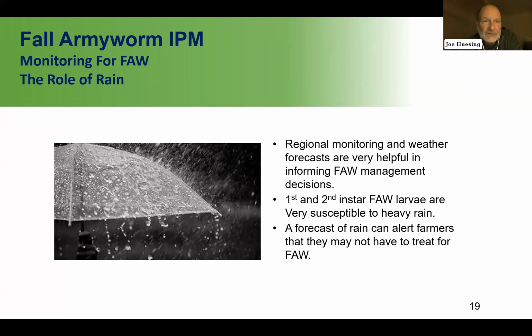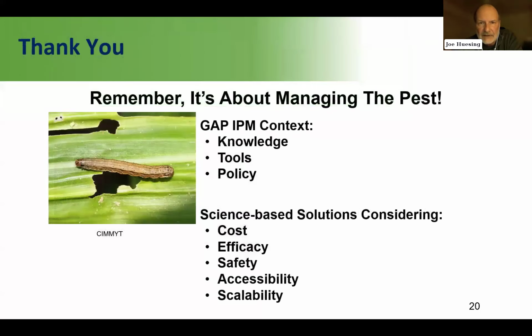Rain's important. This pest is actually pretty easy to control. And where traps are important is they tell you the trends of populations. Are populations going up or going down? Weather forecasts are also important. This animal can move up to 1,500 kilometers, mostly because of weather fronts that push it. And so the weather patterns are important, as are rain forecasts. Next slide, I think, might be the last.